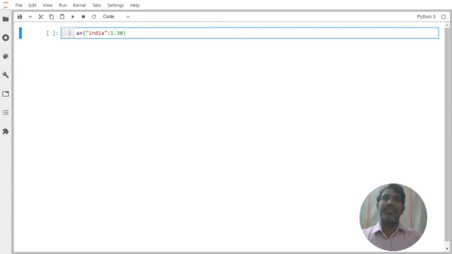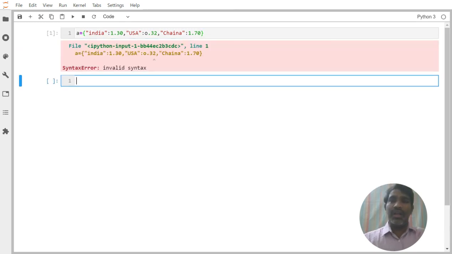Similarly, USA, and it is 0.32, and similarly China, and it is around, let us say, 1.70. It may not be accurate values, it is around values.